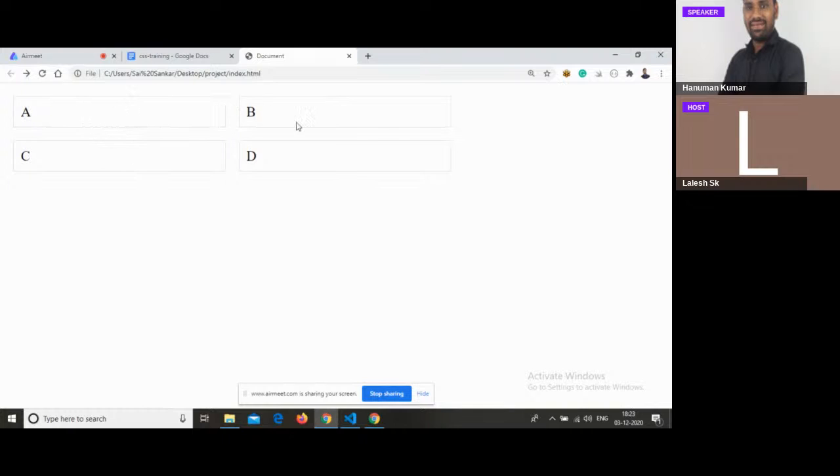So we have 4 children. When we calculate the width of the 4 children, it's 120 percentage. Similarly, A, B, C, D. When we calculate the width for the 3 children A, B, C, we get 90 percentage of the width. But why are we not able to see that D element in the new line? We see the first 2 elements in one line, and the next two children in the second line. This happened because we are using some kind of